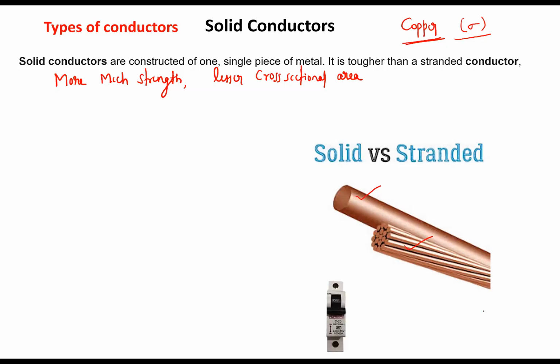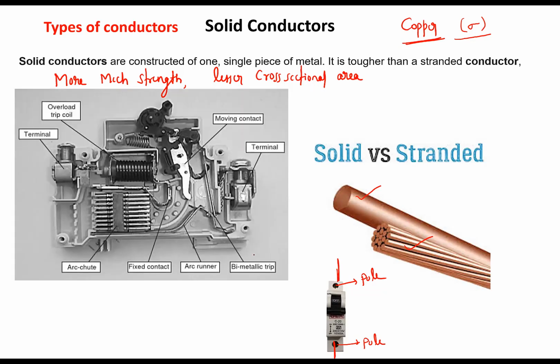So this is a circuit breaker. You can see, this is one pole of the circuit breaker where you place a conductor. This is the other pole. You will put the conductor in this fashion and you will screw tighten it. So the point of contact inside the circuit breaker pole should be minimum and it should be strong enough to hold this cable. So they are made up of solid conductors. Not only small, all big circuit breakers, and the switches in your household, the point of contact will be a solid conductor.